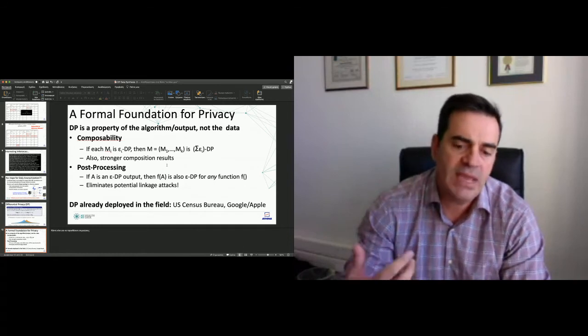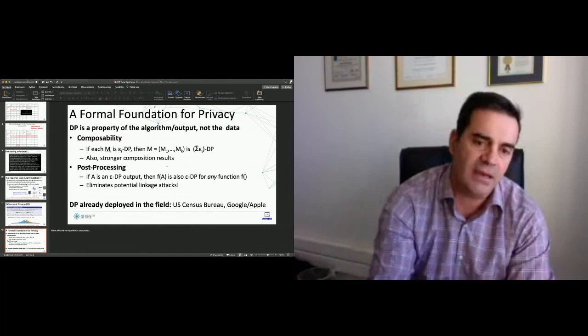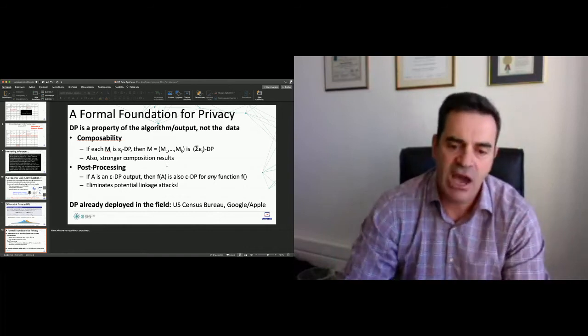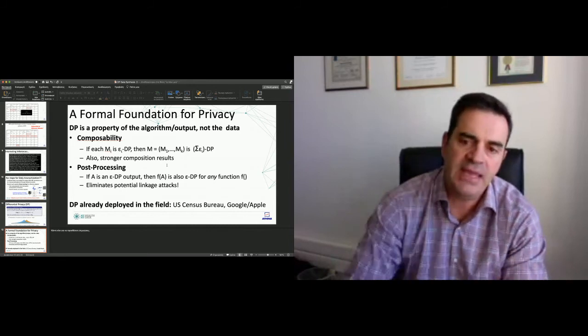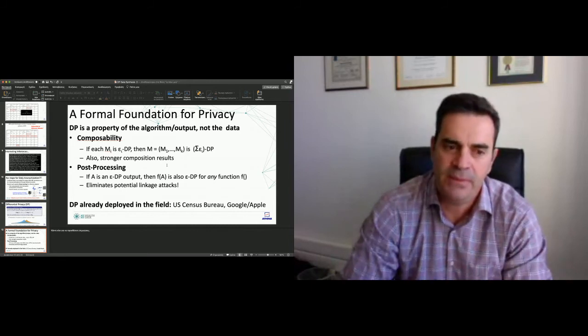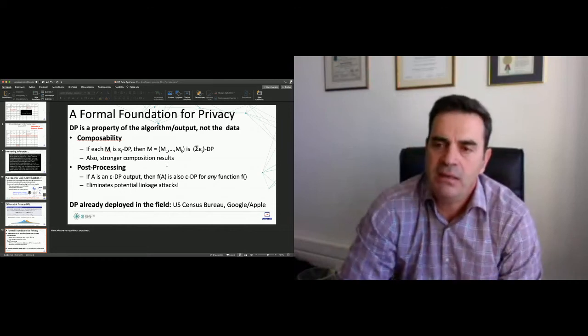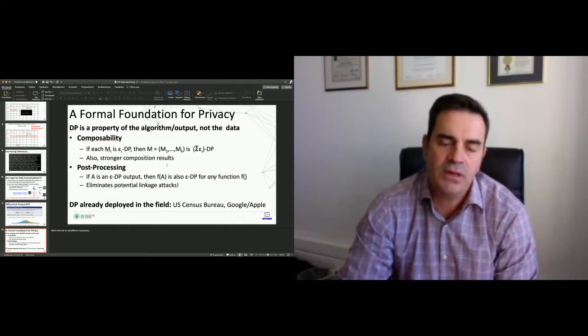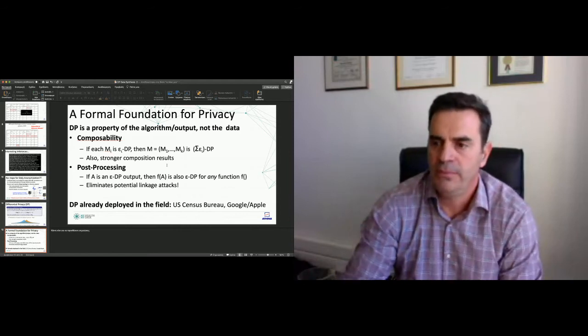The only way I can make it less differentially private is by looking more at the data, right? So if all I have is the output of the algorithm, no matter what I do with it, if I don't look at the original data, it's not going to become less private, okay? And this is very important because it eliminates linkages, right? So no matter what I link the output of the algorithm to,